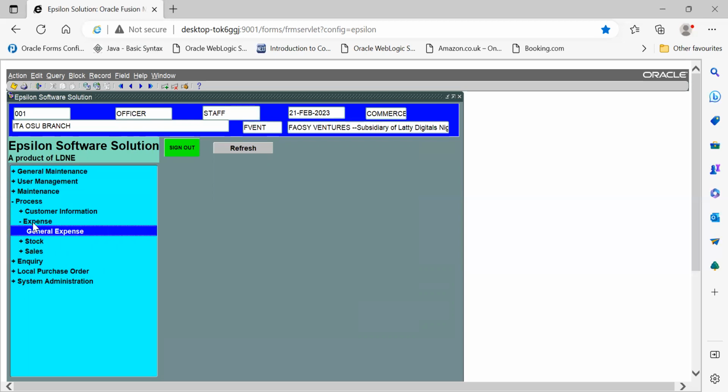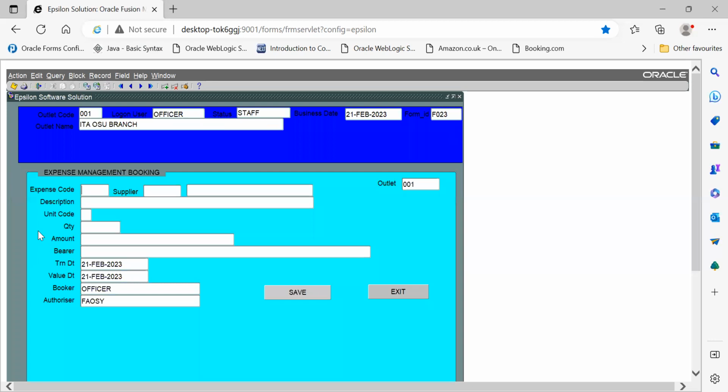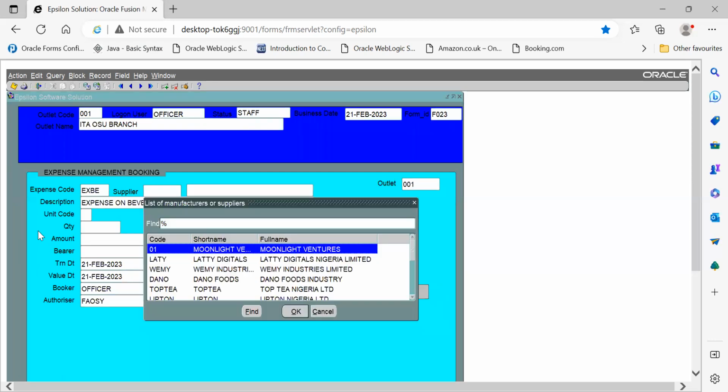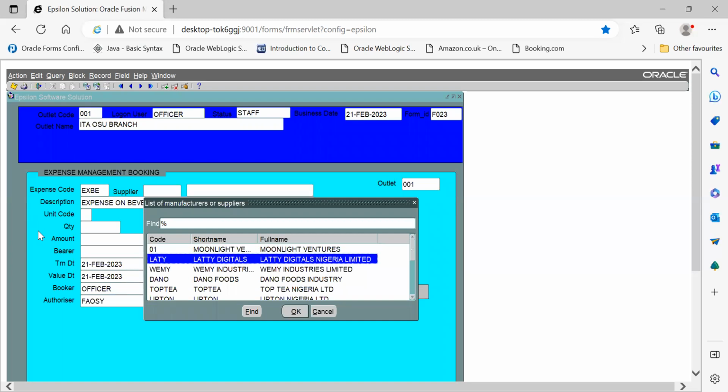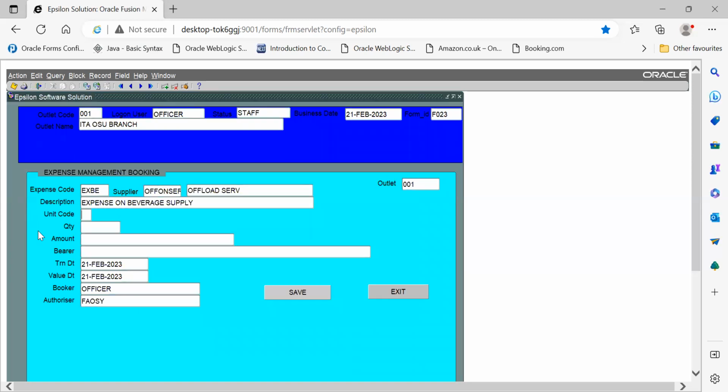You go back to the general expense. So we're going to delete the expense, and who is supplying this service? Like we said before, we have a company called Off and On Service, which provides the service unit. 4 of them, and each one is 900. So we say